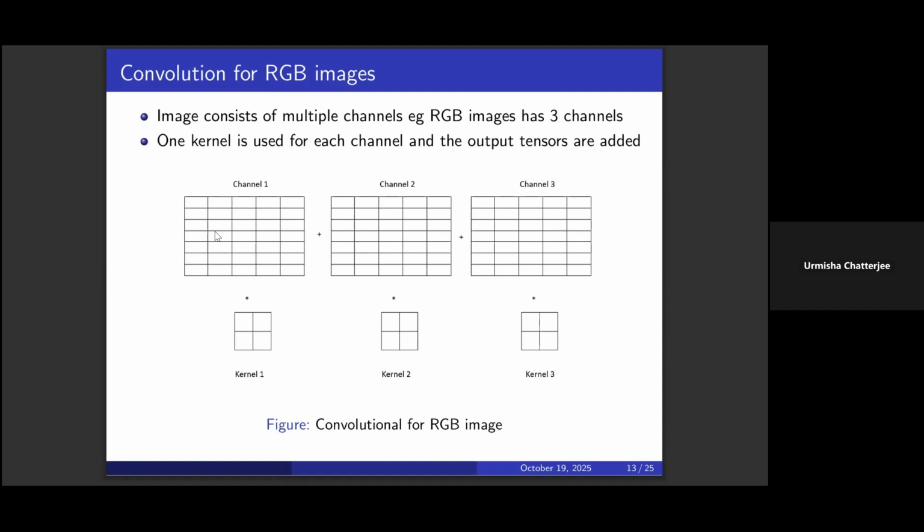Then it's a cross correlation operation with three kernels that will give rise to three feature maps, and then we add them up. One might think that why are we adding it up? See, the thing is, irrespective of the color, the features remain same. That is the main ideology for adding the output from each of the channels. Even if we are using different kernels or the same kernels, we add them up from all the three channels because they essentially carry the same features.